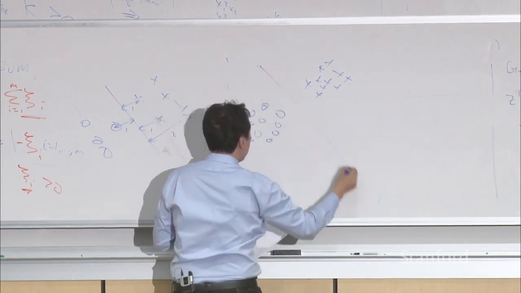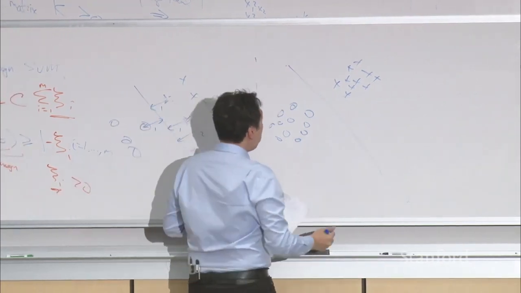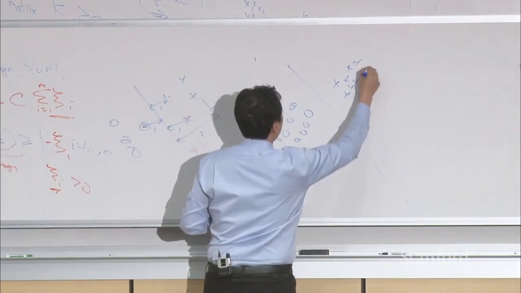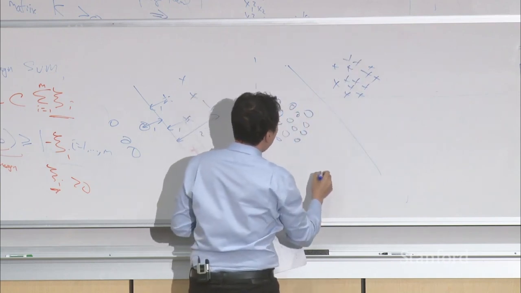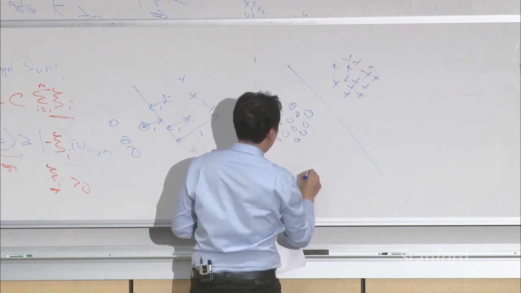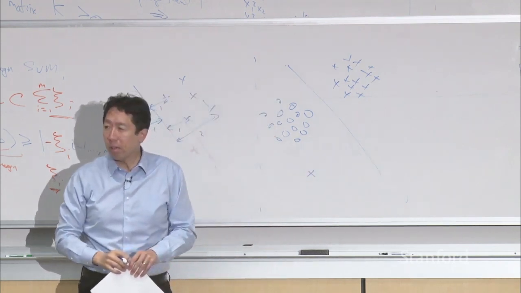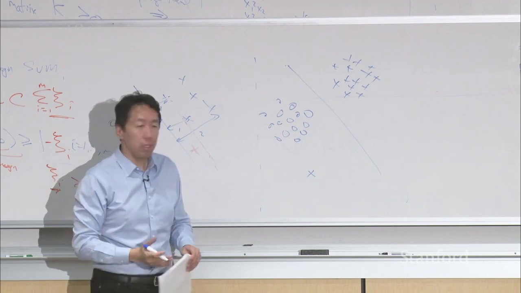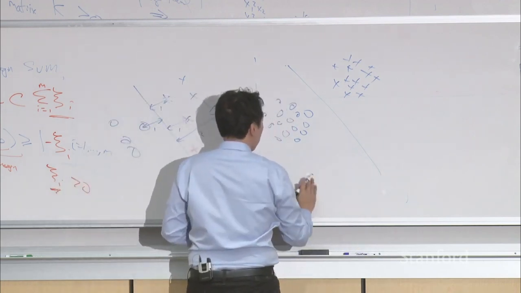It seems like that would be a pretty good decision boundary, right? But if we add, maybe a lot of examples, there's a lot of evidence, but if you have just one outlier, say over here, then technically the data set is still linearly separable, right? If you really want to separate this data set,